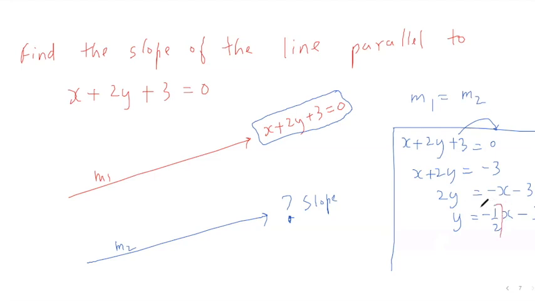Since the general equation of a line is y equals mx plus c, this would take the place of m here, right? And this, of course, would take the place of c. So, minus half, right? So m1 is equal to minus half. Now, since m2 is also got to be equal to this, the new line's slope will also be minus half. But that's your answer. It says, what's the slope of the line parallel to this? It's minus half.